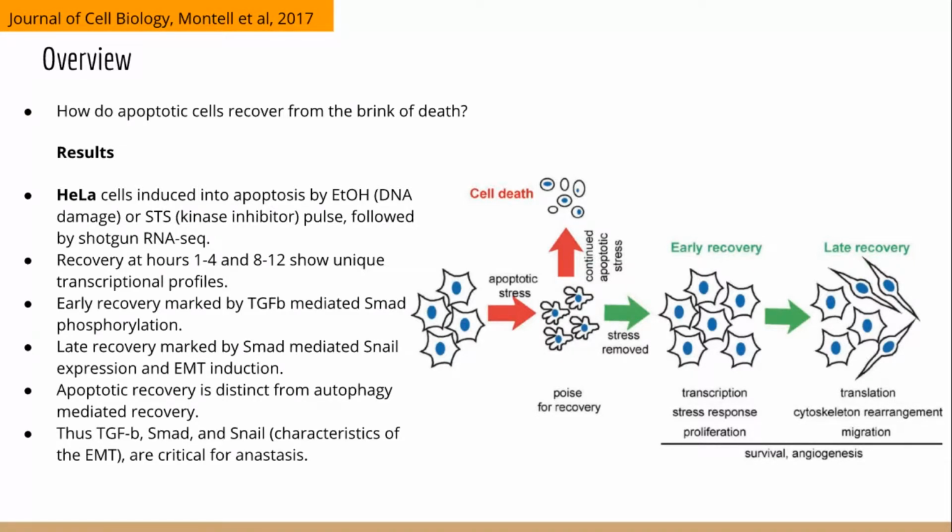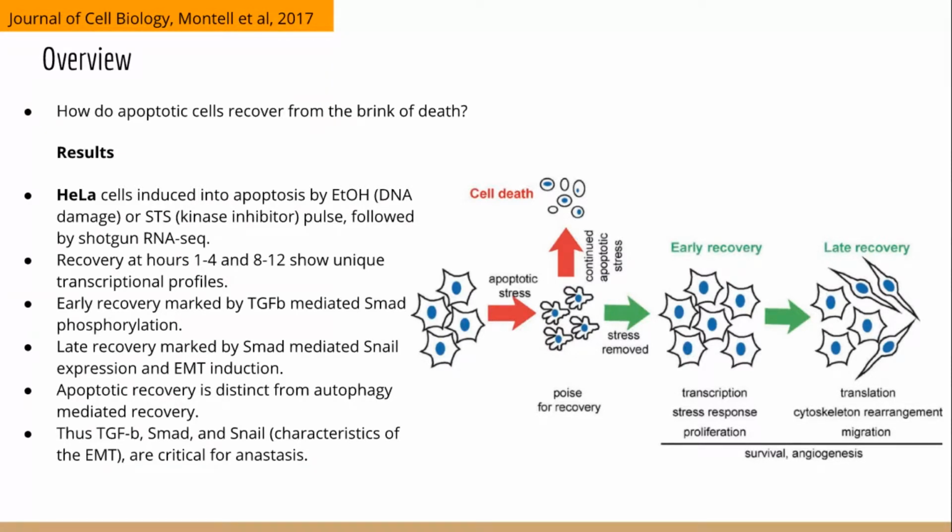of autophagy, was a distinctly different process than recovery from severe apoptosis. And so that's an interesting facet to this paper, and that suggests that there are unique pathways and mechanisms of anastasis. But for apoptosis, they were largely studying in HeLa cells, and they also looked briefly at H4 neuroglioma cells as well. But they found in both these cell types that the TGF-beta SMAD snail signaling pathway was absolutely critical for survival